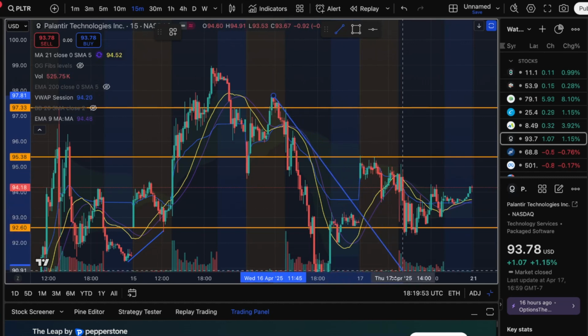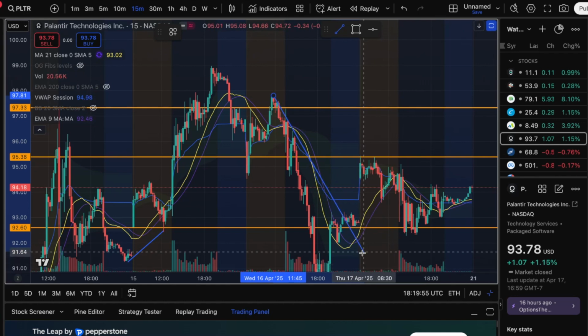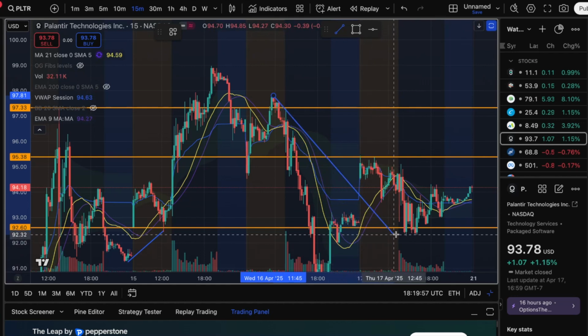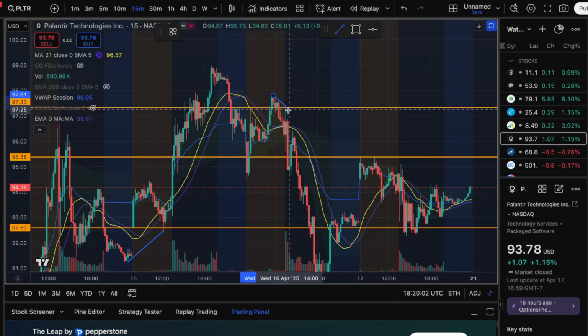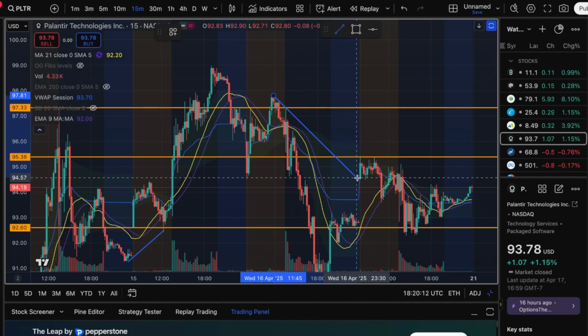Or you can go even steeper and just, say you want to connect these 2 points, right? But let's just say we connect these 2 points right here, right? These 2 points. And when I say connect 2 points, it's really just, like I said, a lower high, and then you can extend it as far as you'd like it to go to see where that trend is going,